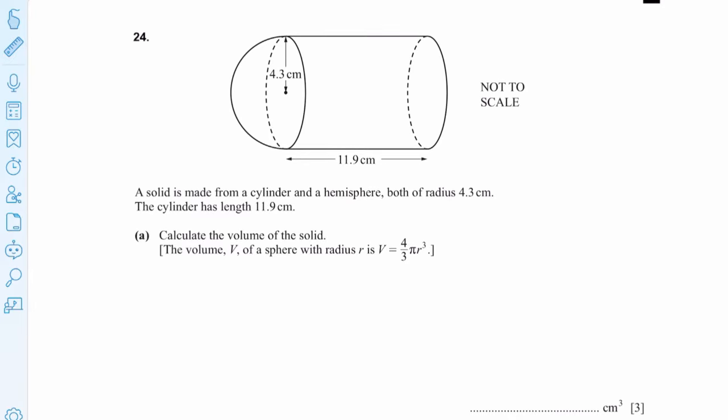Okay, this is a question of mensuration. The solid is made from cylinder and hemisphere. Both radius is given 4.3 centimeter and length is given 11.9 centimeter. Calculate the volume of solid. So basically this is hemisphere and this is a cylinder, right? So how to find the volume of solid? So volume of solid equals to volume of hemisphere